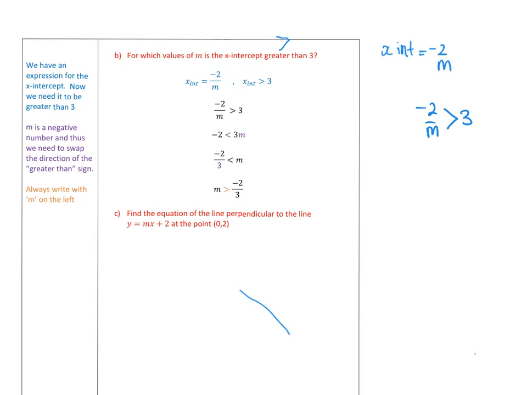So now you just solve. This is called an inequality, with these little triangles. You just solve it as normal. Now with inequalities, we solve normally, except we've got to be careful when we multiply or divide by a negative number. What does that do? It reverses the sign, yeah? So I'm trying to get, it says for which